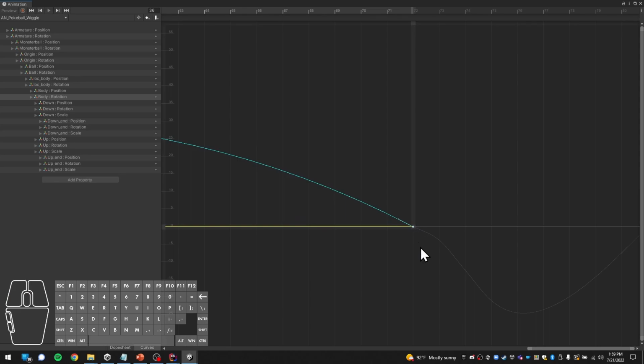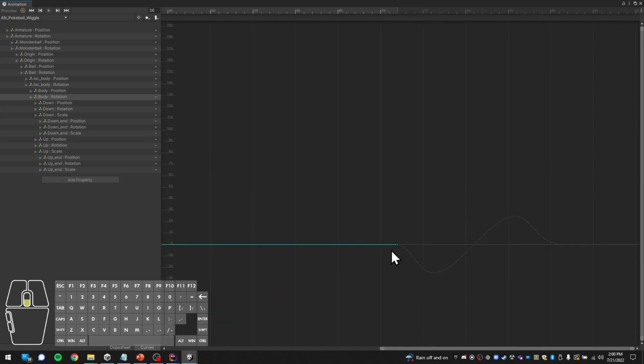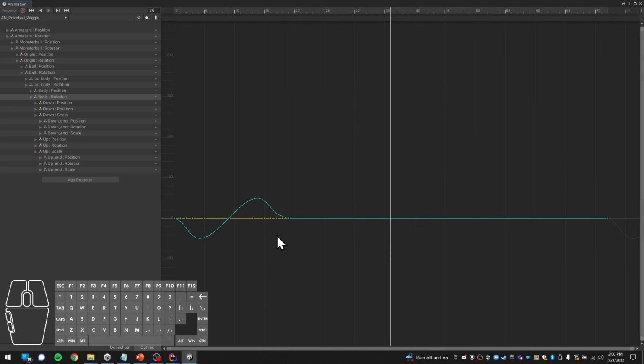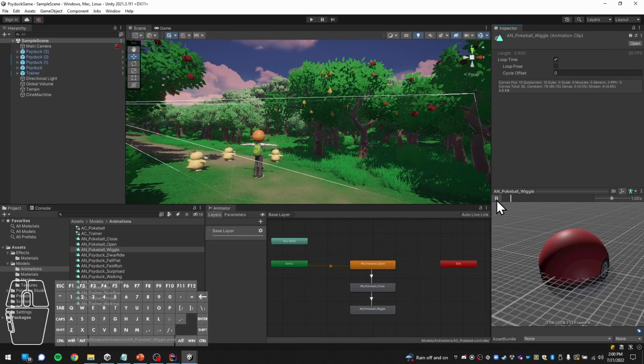So if you don't make these changes, and be very careful not to inadvertently move them, because it's easy to do. So moved it about a bit, now making it flat again. There you go. You're going to see weird rotations, but now we'll have a wiggle, and then it'll have a pause, and we can make it longer and shorter as we like by moving these about. But yeah, we just animated a Pokeball in Unity, because when we press play now, we get one wiggle, and